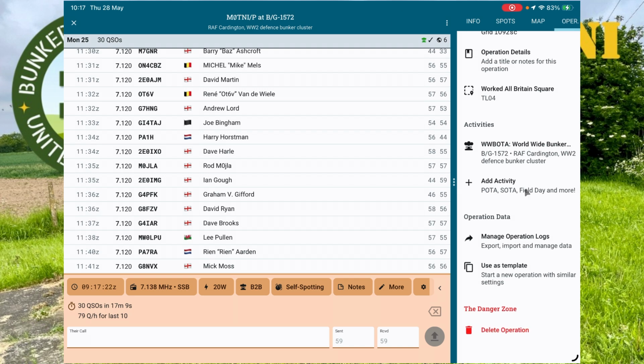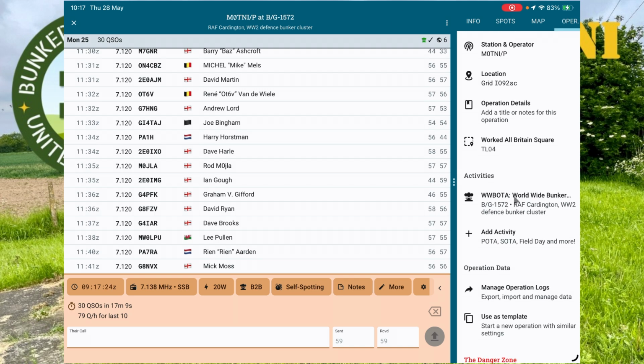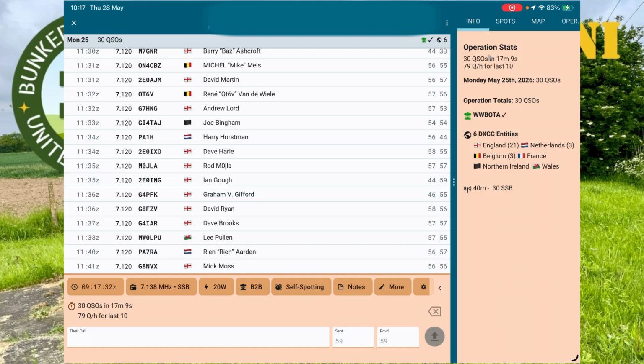And this is where you'll enter such things as the bunker reference and so on, possibly some POTA and SOTAs that you're using at any one time. Let's just look at the info. It gives you some ideas of what's happened here on this one particular activation, the number of DXCC entities, the fact that it's a UKBOTA and the tick means I qualified it,